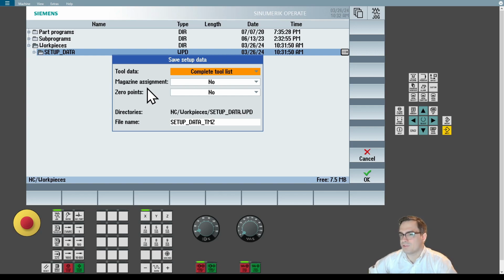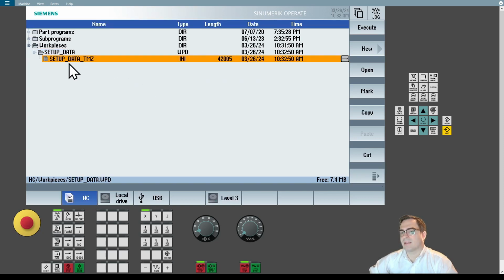Because I'm going to physically transfer them from one machine on my floor over to the next, I don't know if I'm going to use the same pockets or not, so I'm going to select No. Zero points would be all of our work offsets. In this case, because I have new fixtures with new work offsets, I'm also going to select No. The file name is currently setup_data.tmz, which is OK. So now I click the OK soft key,